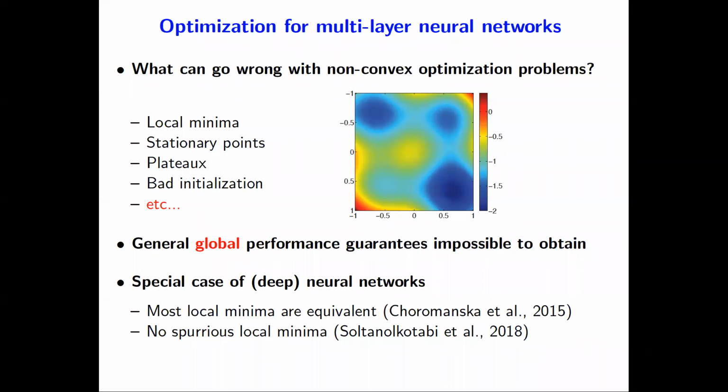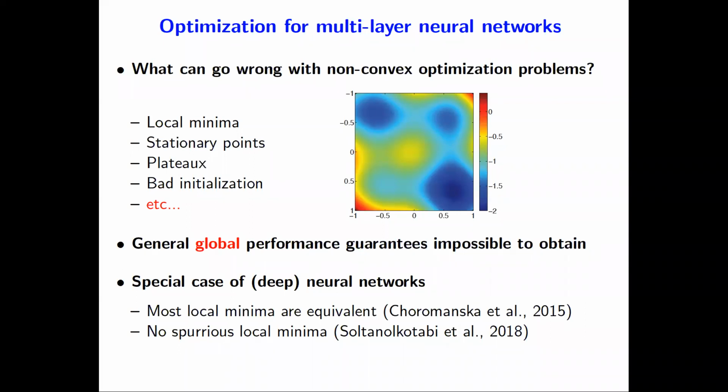So if you get trapped in any of those, it's okay, if you get close to the performance of the global optimum. The issue here is that the model is very general and has too much independence to be really relevant for neural networks. A second line of work, which is also very interesting, is trying to get conditions under which there